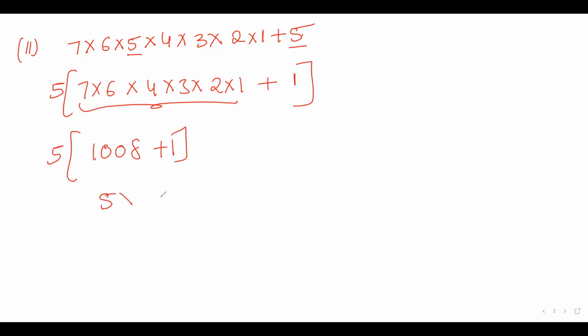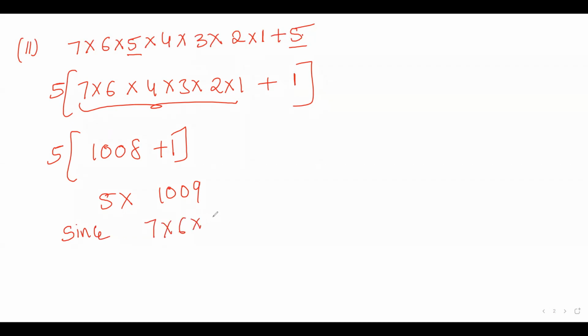So 5 into 1009. 1009 is a prime number. Please remember that it is a prime number. So the given number can be expressed as product of primes. The fundamental theorem of arithmetic says that every composite number can be expressed as product of primes. So here in this case, as the number is expressed as product of primes, the given number must be composite number. Write down, since